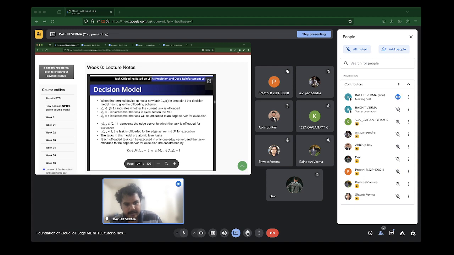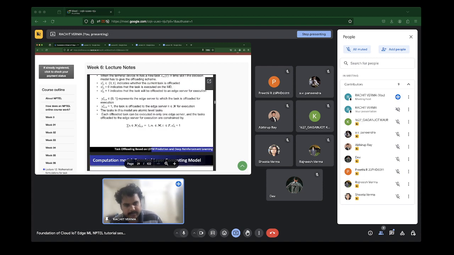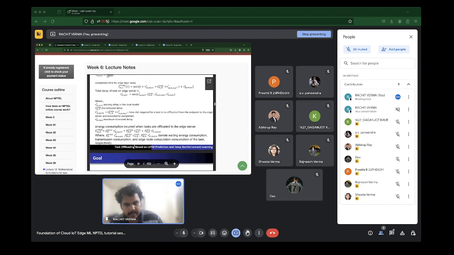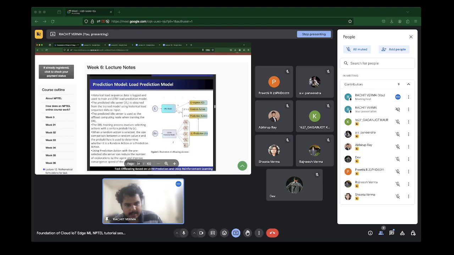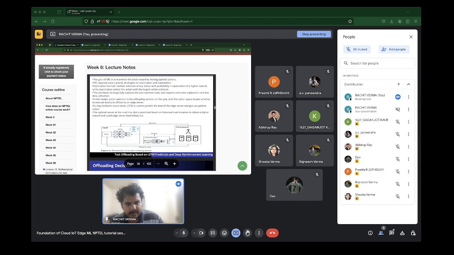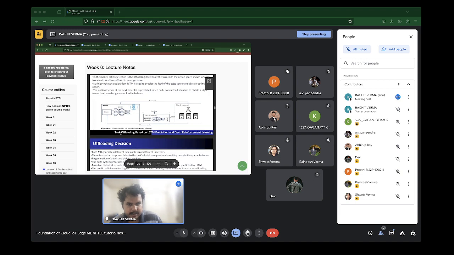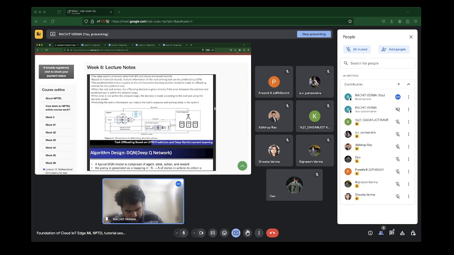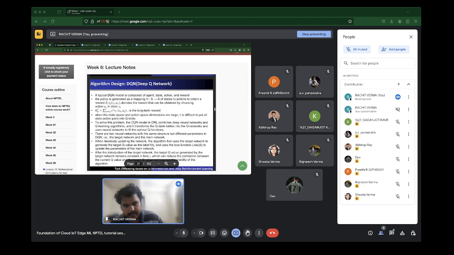And then we saw a simple decision model, which would then be used for offloading. Saw some simple equations, and then we gave an overview of the task prediction model. And then we discussed how the deep reinforcement learning agent and the LSTM network would come into play in order to conduct offloading.